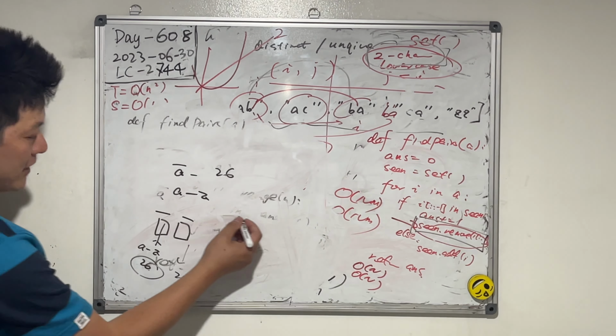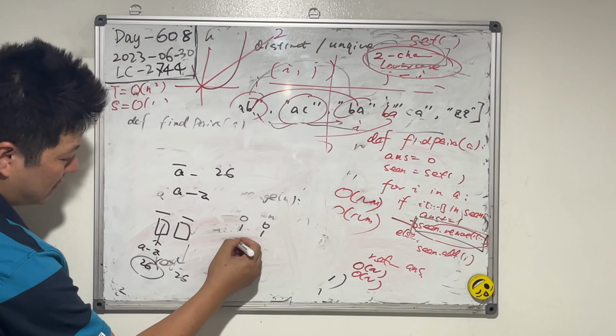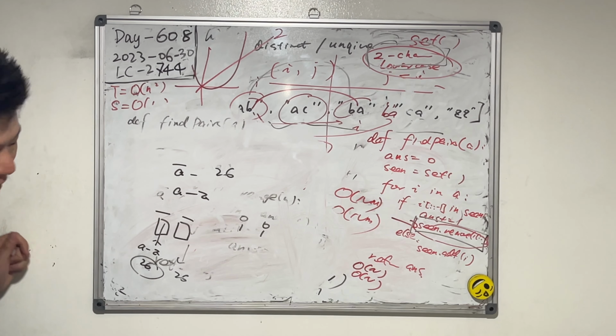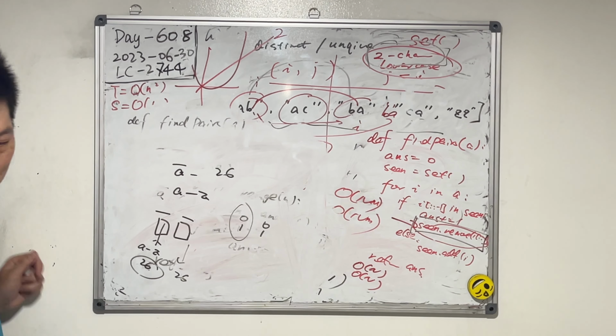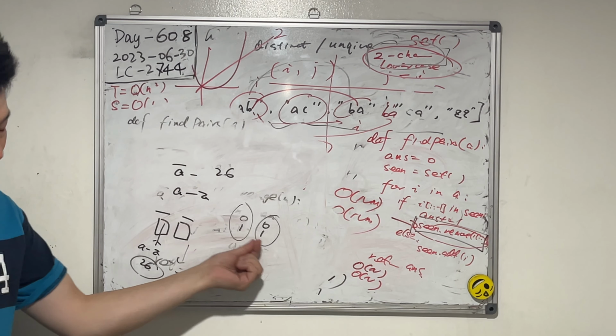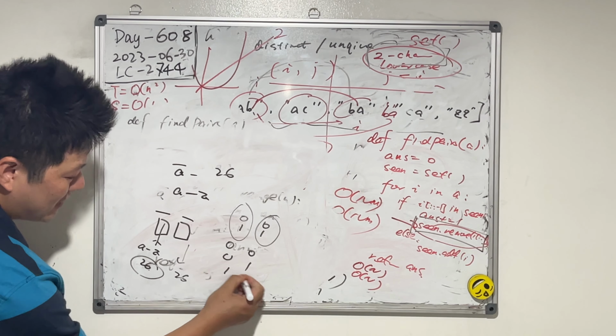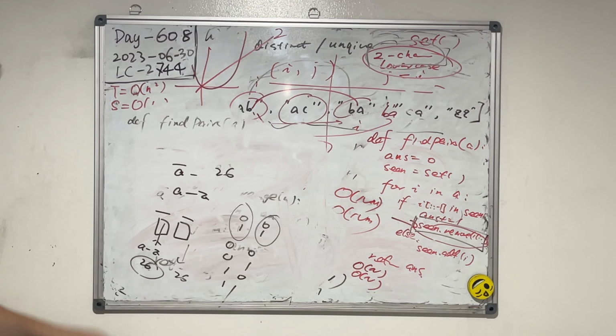So for example, if it's 0 or 1, how many possibilities for two digits? If the first digit has 2 possibilities, the second digit has 2 possibilities, how many overall? This is binary. 4, yes. 00, 01, 10, 11, right? 2 times 2. It's the same thing. 26 times 26 is